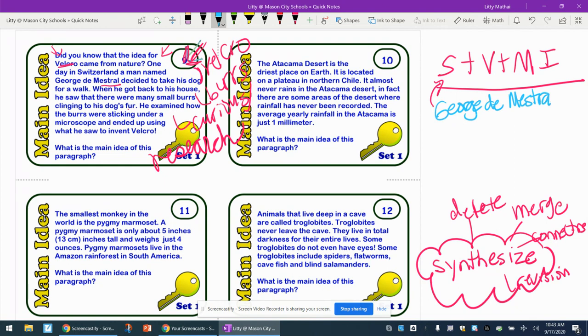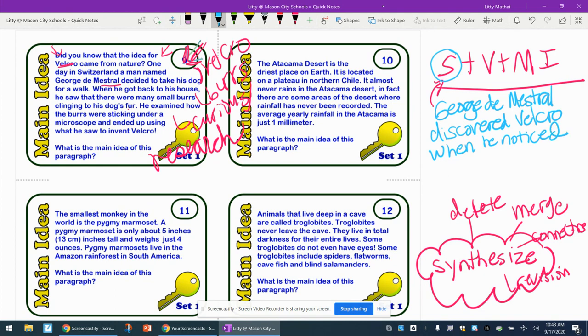Remember, you're going to be doing this work in your notebook with me, and you can always pause my video. And the subject is about Velcro, right? So I'm going to say George de Mestral discovered Velcro, or what we know today as Velcro, when he noticed,